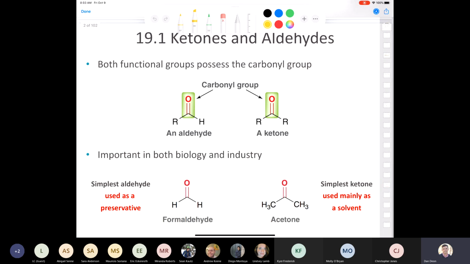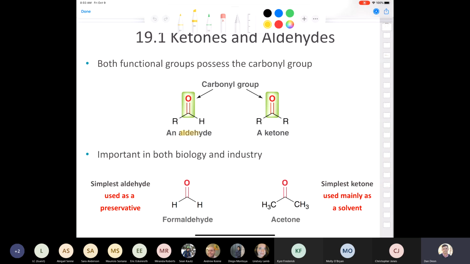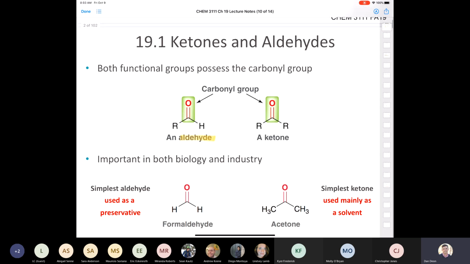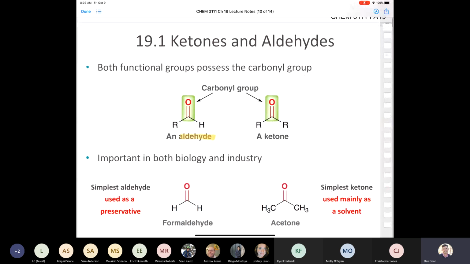And by now I'm sure you all know what an aldehyde and a ketone are, but let's just go over it again. An aldehyde is when we have a carbonyl group. So remember, a carbonyl is a carbon that's doubly bonded to oxygen. So an aldehyde and a ketone, they both contain a carbonyl group. But the aldehyde has an R group and a hydrogen on either side, and the ketone has 2 R groups